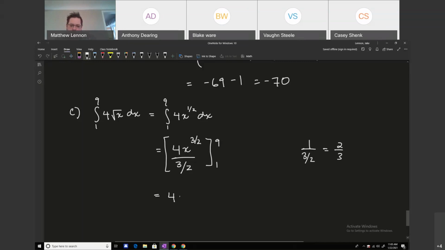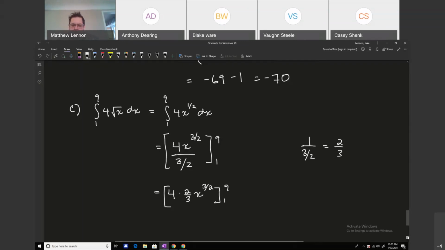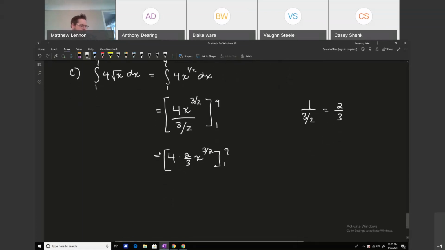So I get 4 times 2/3 times x to the 3 over 2 from 1 to 9. And that's 8/3 x to the 3 over 2